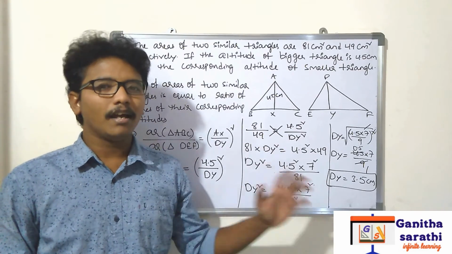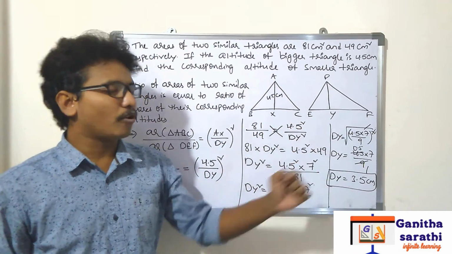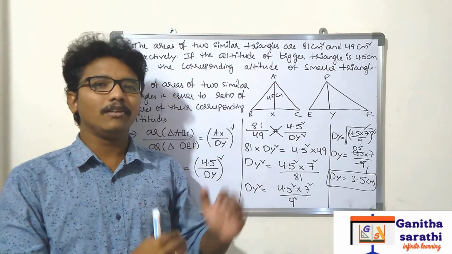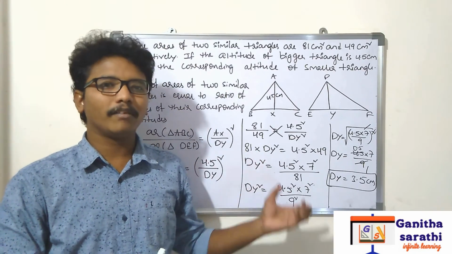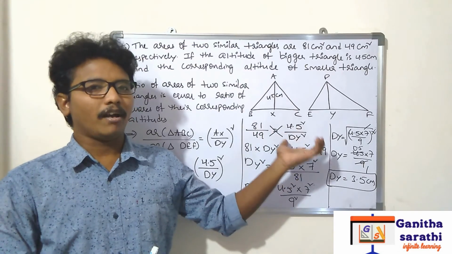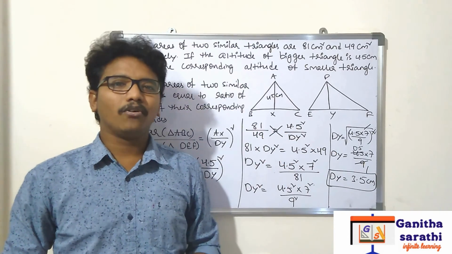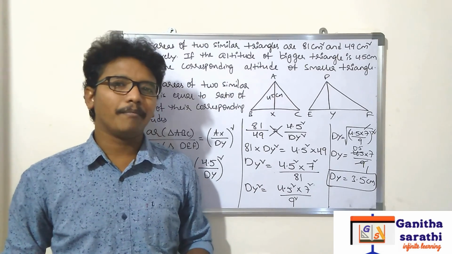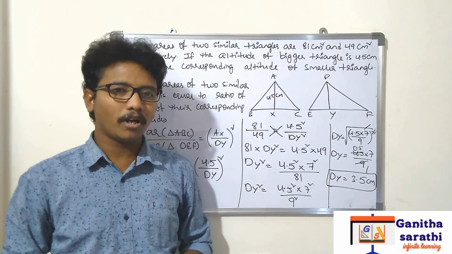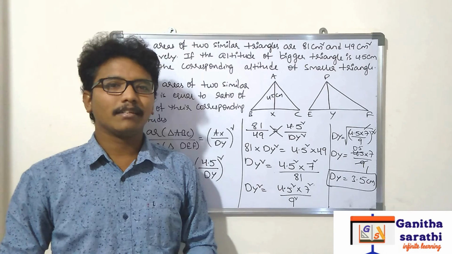So in these problems we have used the theorem on the ratio of areas of two similar triangles and proved the problem. So this kind of problem we will use that theorem, and that theorem is also very important. You may get it in 1 mark or in 2 marks. Okay, now in my next video I am going to give you the proof of Pythagoras theorem, which is most important in our similar triangles chapter.